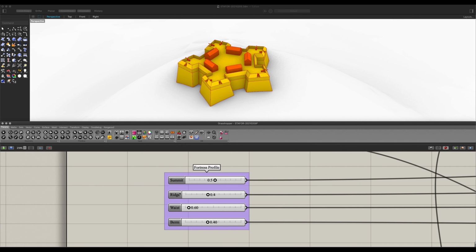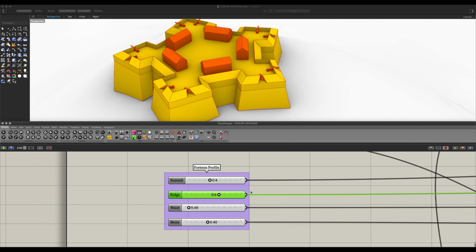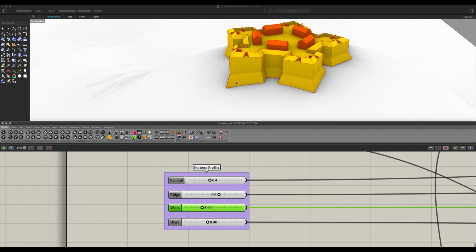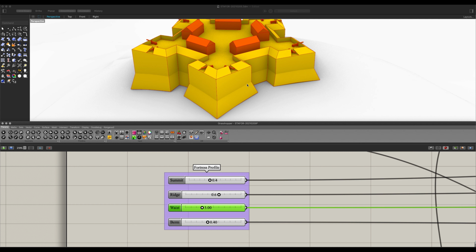And now for the fortress profile itself, we can of course adjust the summit. I'm gonna make this one a little bit lower. However, you can make it however you see fit. As for the ridge, which is this area here, we're trying to adjust an offset. So I'm gonna put this one at 0.6 to make it slightly larger, like so. And as for the waist, I'm going to increase this to about 3 to see how it interacts. And yes, just like that, you can see it essentially increases the wall side and diminishes its